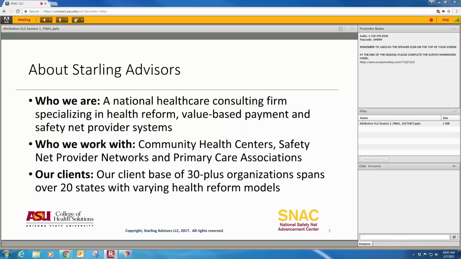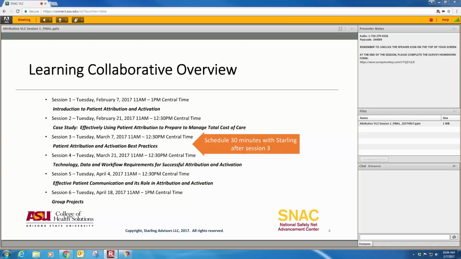We are a national consulting firm. We're very happy to be partnered with Arizona State University College of Health Solutions, as well as the Safety Net Advancement Center, and very grateful to the Robert Wood Johnson Foundation for their financial support for this initiative. We have worked throughout the country with safety net providers, specifically on issues of better aligning the initiatives within safety net organizations with the overall desire of the state and federal government to reform healthcare through the lens of new value-based purchasing initiatives. This 6-session learning collaborative will focus on the topic of patient attribution and activation, and we're